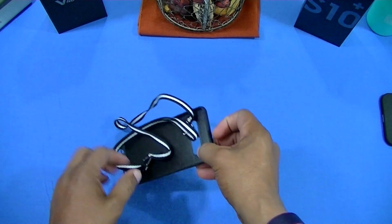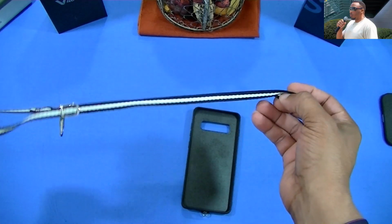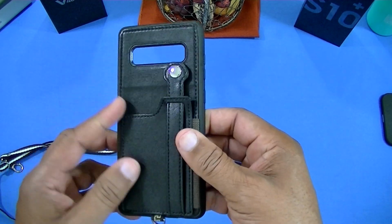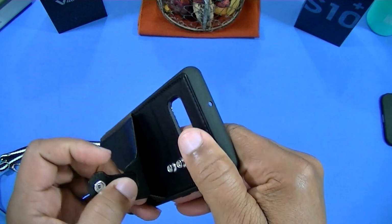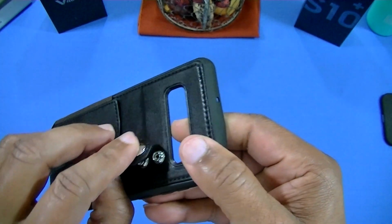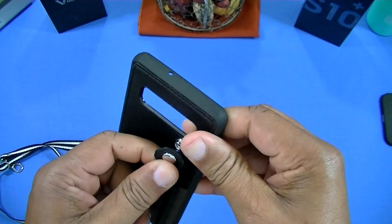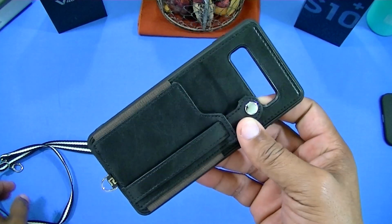All right, so interesting case. There's the lanyard for it right there. Pretty long. And you have a leather backing. It feels pretty nice. And this is a place for your cards right here. And you can secure that with these buttons right here. So that's pretty cool. And I guess you can adjust it if you need more room to pull this out. You can adjust that, like it'll adjust to the second one. So you can push it from. It's pretty nice looking. And I guess the lanyard goes here,